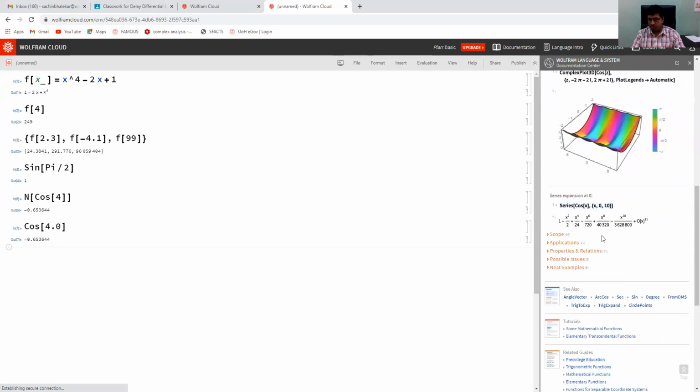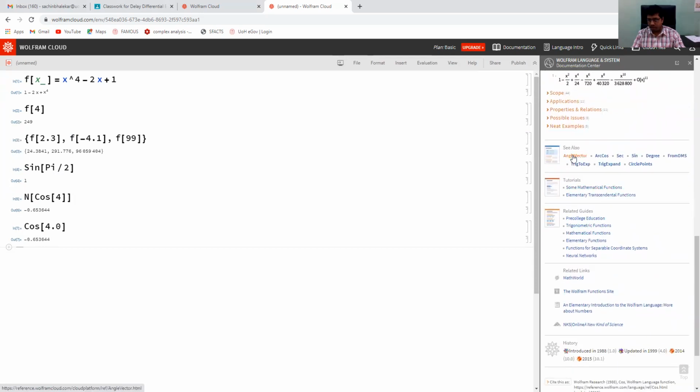Here you will find some more commands like ArcCos. This is for cosine inverse. Inverse trigonometric functions are also available in Mathematica. So this A should be capital, and C should be capital. Then say Sin, Degree, and so on. So many things are available.